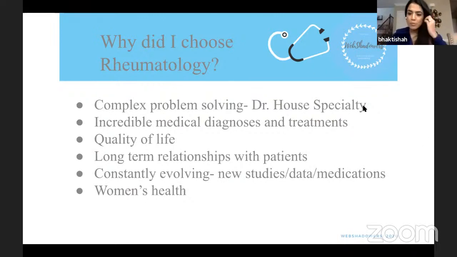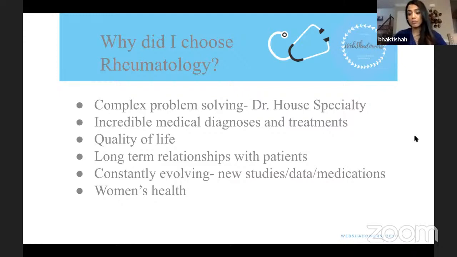A question that just popped up is, what demographic of patients do you usually see the most? So I see adults from the age of 18 upward. In terms of age, a wide variety. Autoimmune conditions tend to impact younger people, so I have a lot of patients that are in their 20s and 30s. On the other hand, osteoarthritis, gout, osteoporosis, these are conditions that tend to impact older people. So I also have many patients that are 60 plus. So in terms of age, I see everything.